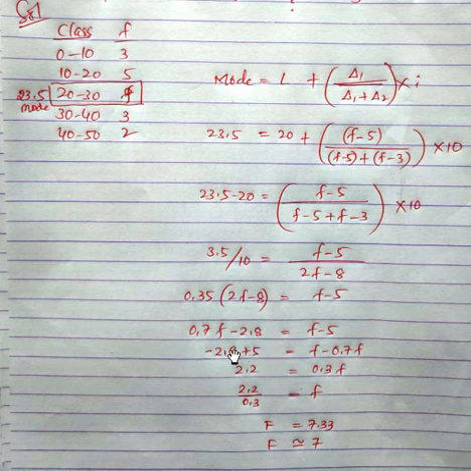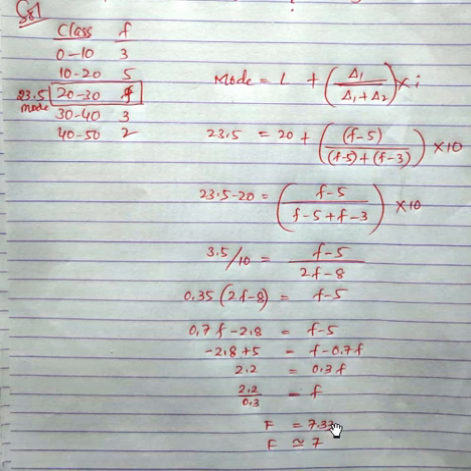This 2.8 is the same, and 0.7F goes to the right hand side, where 1F is already there. Then you simplify this one. 2.8 plus 5 nets to 2.2, and 1F minus 0.7F is 0.3F. You just shift the 0.3 to the other side. So 2.2 divided by 0.3. F is now moved to the left hand side.